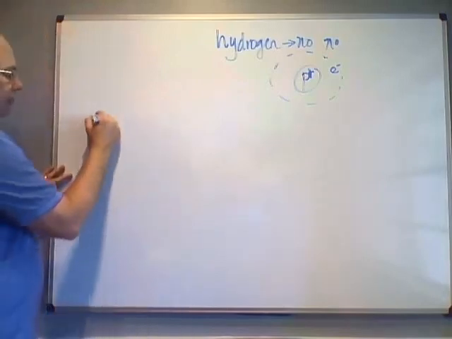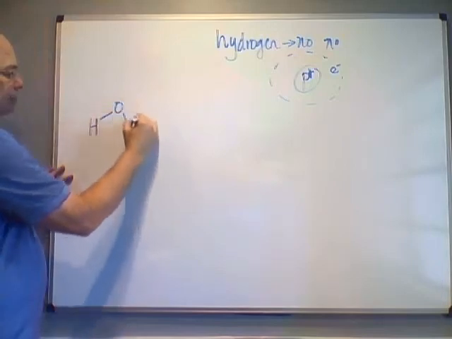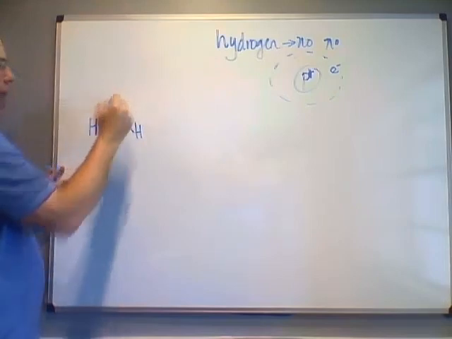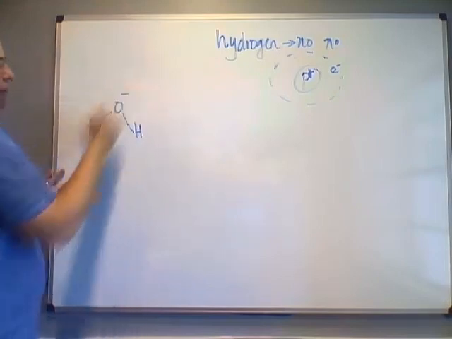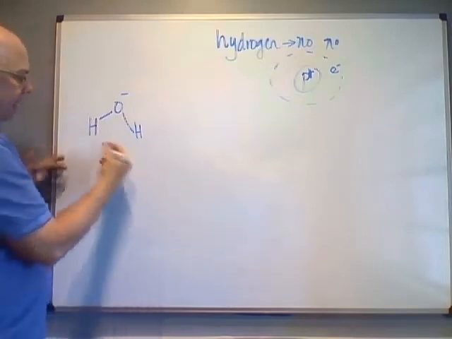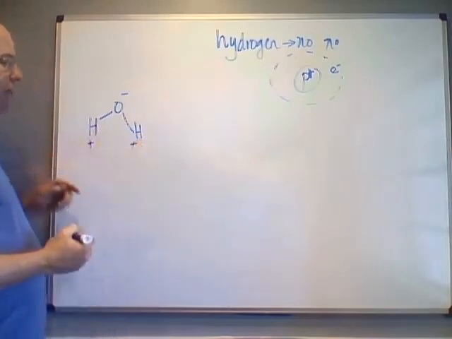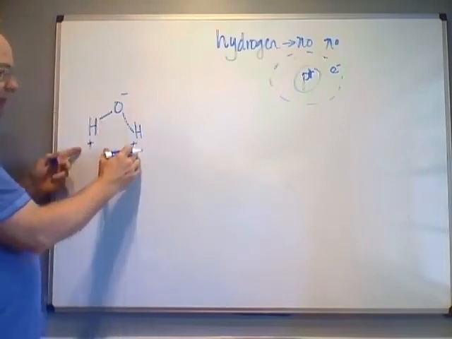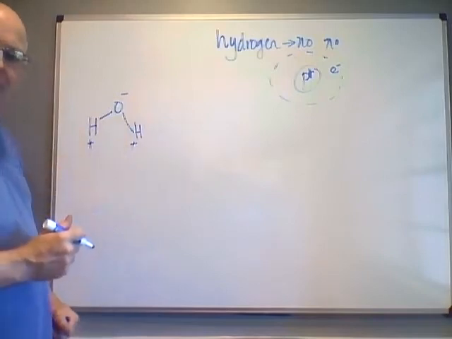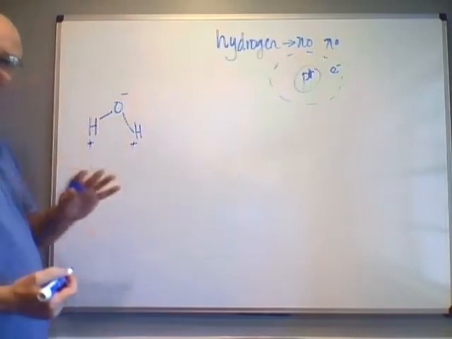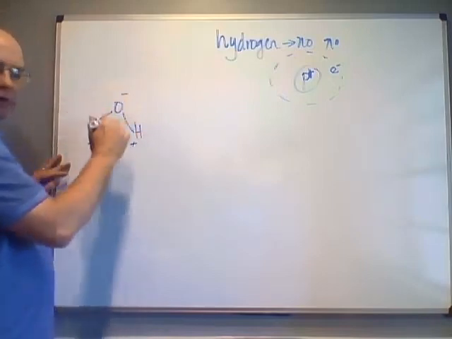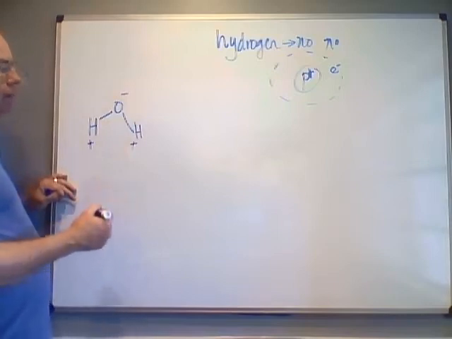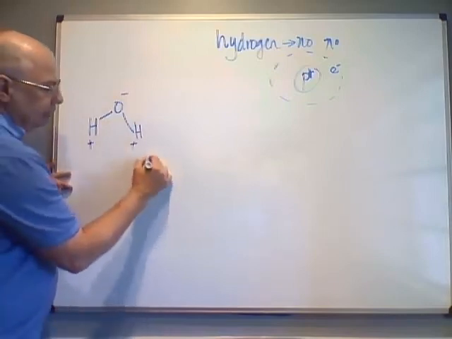Now, if we look at a molecule of water, it's made up of oxygen and 2 hydrogens bound together in covalent bonds. But because of the extra electrons on the oxygen, the oxygen has more of a negative charge, and because of the pull of the electrons in this direction, it makes the hydrogen somewhat positively charged. Now we can go into the reasoning behind that. It's not important. But that gives a negative and a positive polarity to a water molecule. So now, if another water molecule gets within a close enough proximity,